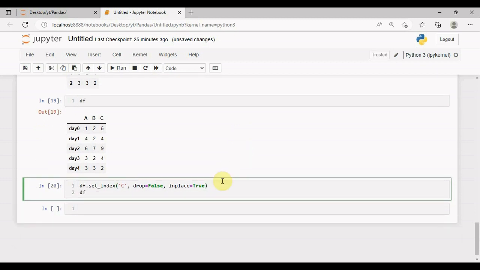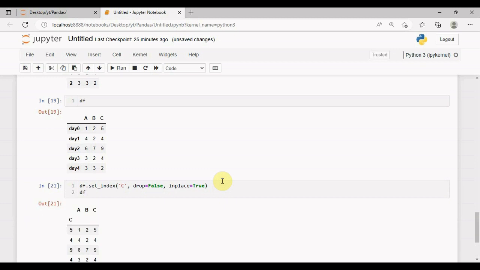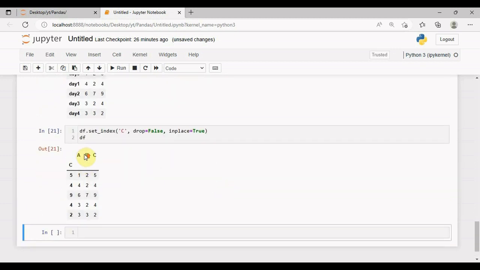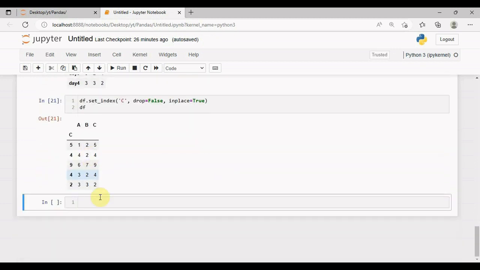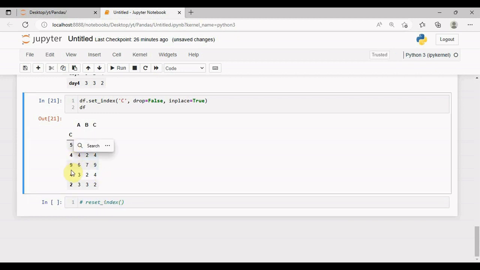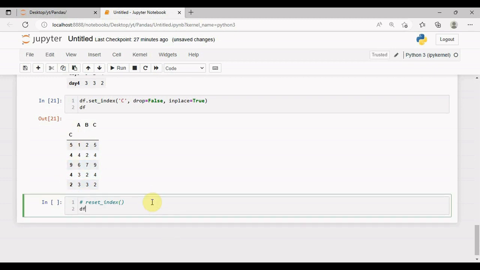Now let's call out our data frame. And you see now the changes have stayed. Now let's move on to the reset index. So I'm gonna set the index back to 0, 1, 2, 3, and so on. So now let's call out our data frame